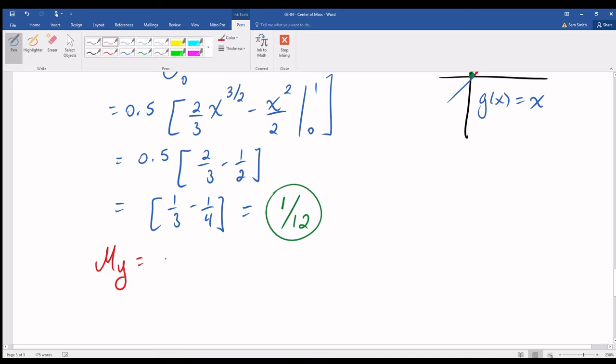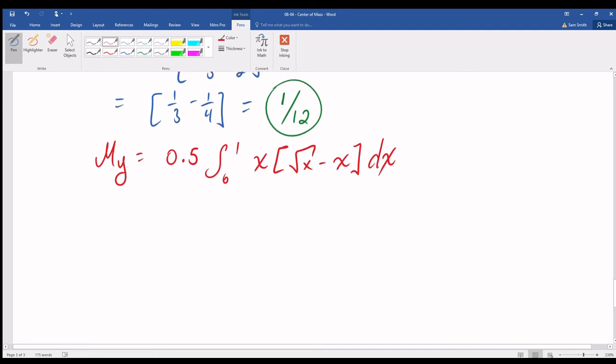M sub y is equal to the density 0.5 times the integral from 0 to 1. Now m sub y is used to find x bar, and x bar is the integral that has the extra x. So I need to integrate this function. 0.5, integrate from 0 to 1, x to the 3/2 minus x squared after distributing that x through,